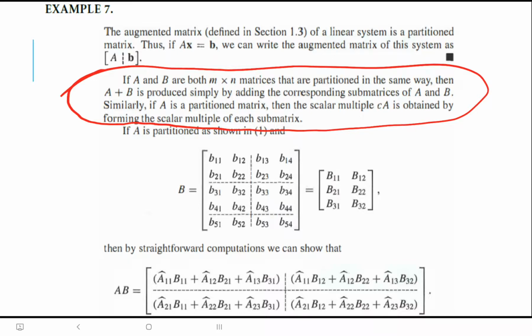So, meron tayong A11, A12, A21, A22, B11, B12, at saka B22. So, since pareho sila ng pagkakapartition, pwede mo lang i-add si A11 kay B11. Pwede mo ring i-add and then para mag-proceed, i-add mo si B12 kay A12. Ganun lang naman siya. Okay, so another one is the application ni partition pagdating sa multiplication ng